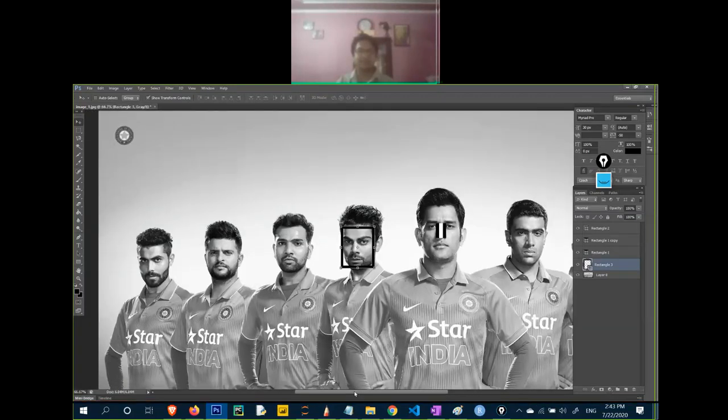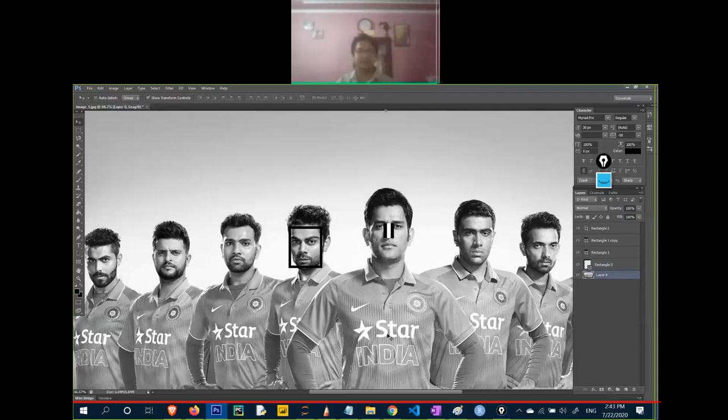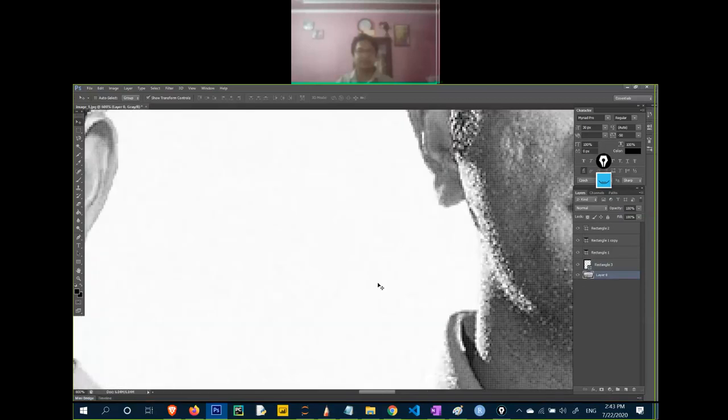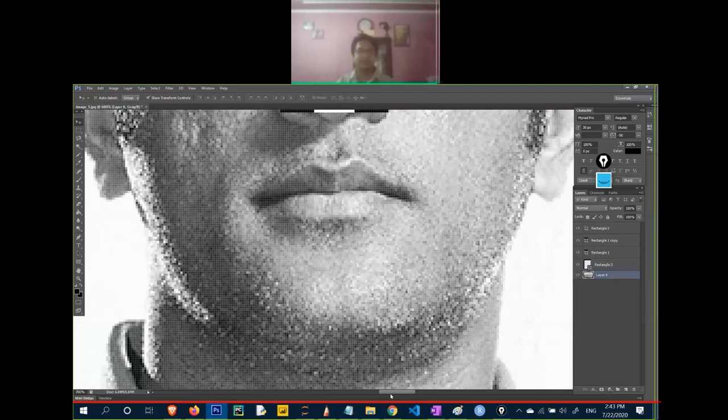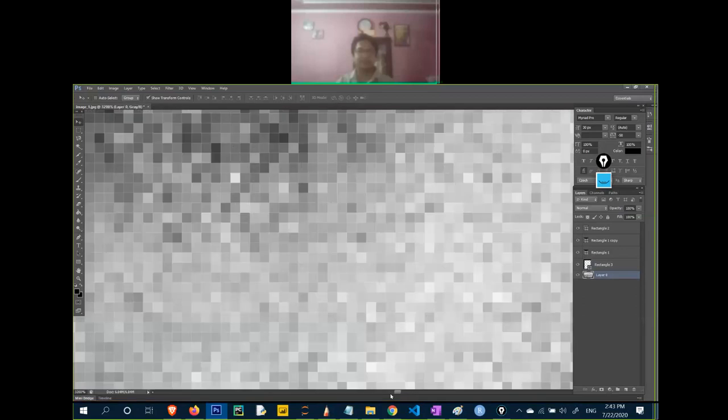Now it's hard to detect the edges. Why? Because it's not easy to detect the edges from this image. But what if I zoom in? I will be able to see the grid. Grid means the array, like this. Getting my point, everyone? Now you are looking at the perfect grid of this image.